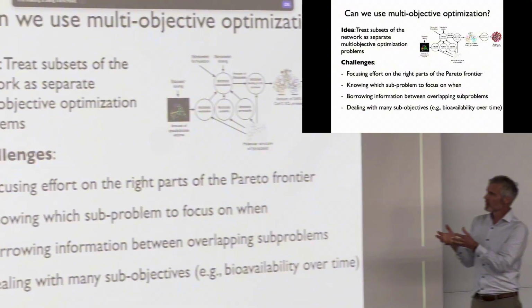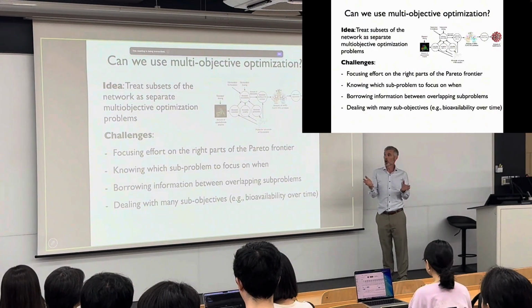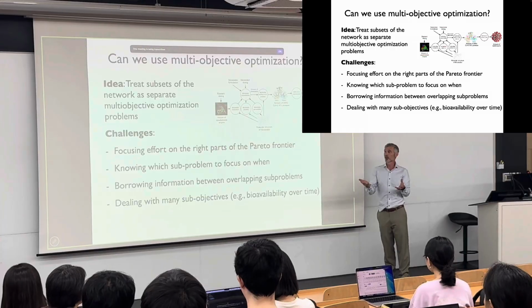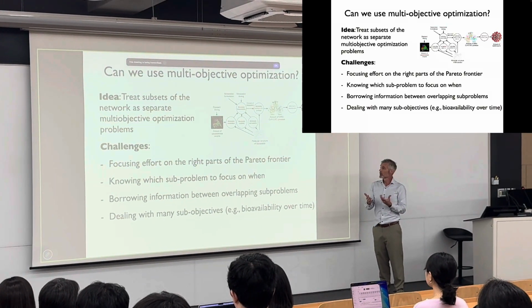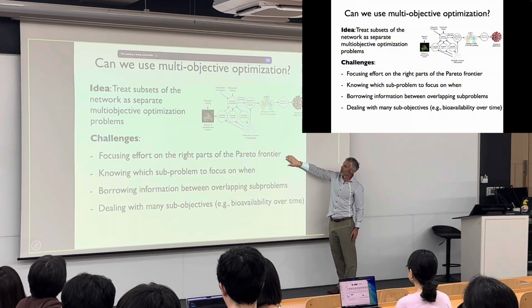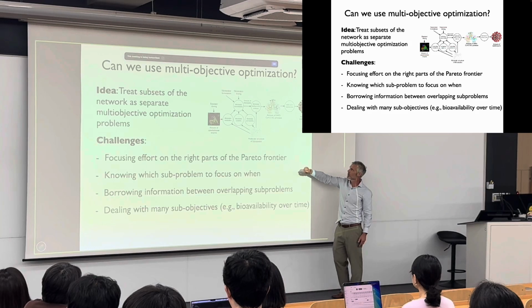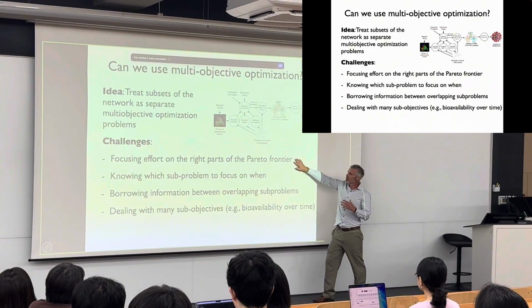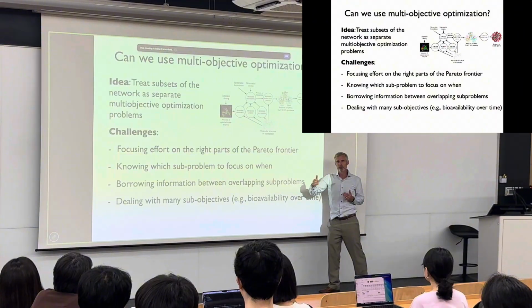The problem is, and this is I think the most widely used approach within AI for drug discovery, and it's semi-effective. The problem is, first of all, how do you know what parts of the Pareto frontier to focus on, right? So humans who have expertise in this area, they have an understanding of how soluble it needs to be,